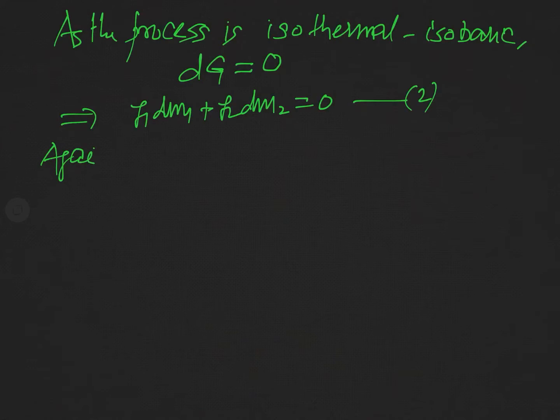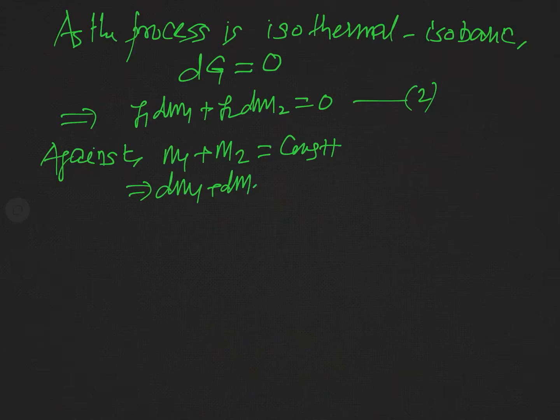As the system is isolated, you have already seen in the previous lecture that in this condition, the total mass of this isolated system will be constant. And if this is constant, then what will be dm1 plus dm2? This is 0, and this implies